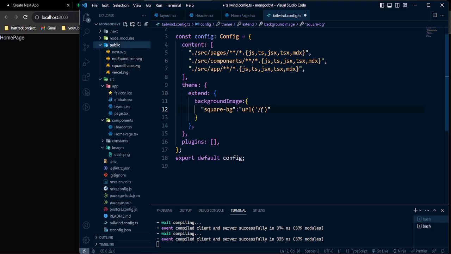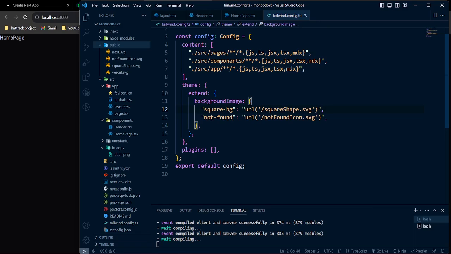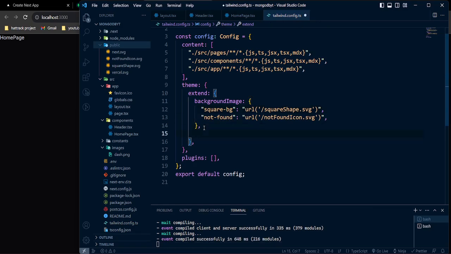Remember, here is the image, so actually we are in that by default. We are already in the public folder. So for square, we need to give square shape.svg, and I'm gonna copy that similar one, and that one it will be not found, and the name it will be icon. Just hit a comma, and also I'm gonna give one color which will also be declared as colors